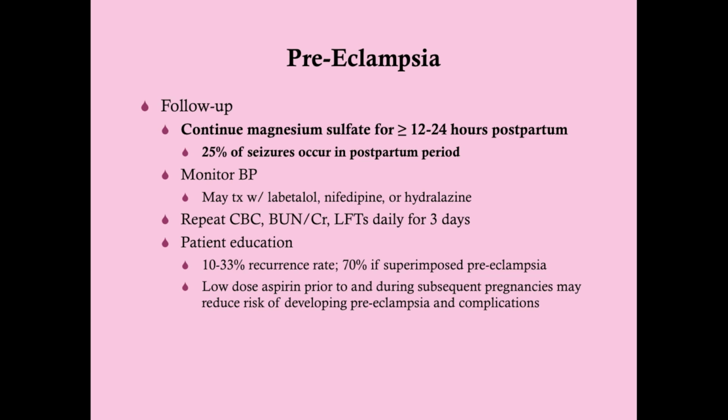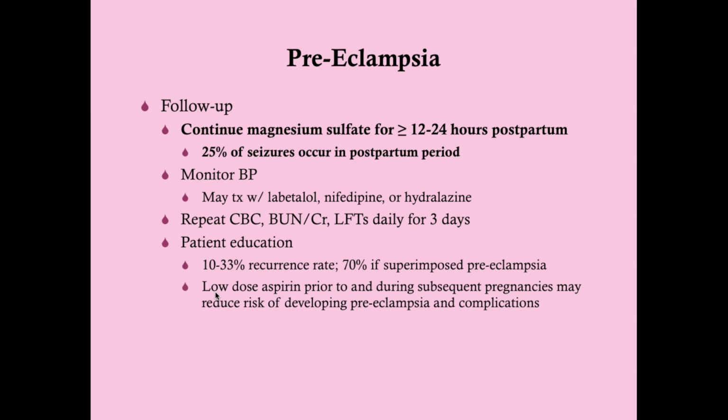So you want to keep an eye out for that because it's not uncommon for HELLP syndrome to develop after delivery. So we're looking for platelets, we're looking for renal function, we're looking for liver enzymes. And then patient education. Make sure she's aware that it's got a 10 to 33% recurrence rate. Typically it's higher if the preeclampsia was more severe, lower if it was less severe. If this was superimposed preeclampsia, meaning you had chronic hypertension and preeclampsia superimposed on that, it's actually a 70% recurrence rate. Remember that if you have chronic hypertension, your risk of developing preeclampsia is already 50%. So it's going to be higher if you already have developed preeclampsia with your chronic hypertension.